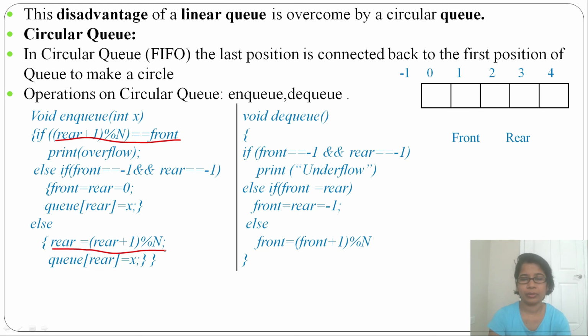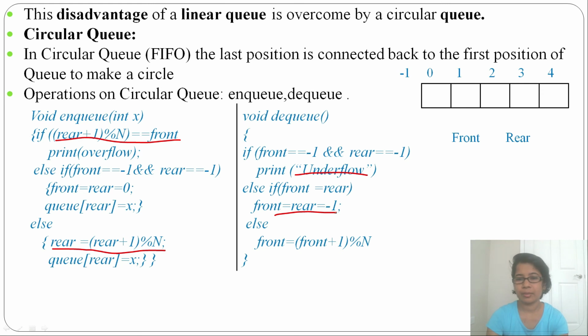So this is about NQ. If you have doubts, you will understand through the example. So next is DQ. For DQ, first condition, if front equal to minus 1 and rear equal to minus 1, then print underflow. This underflow condition is the same as previous. Okay, then else if front equal to rear, then front equal to rear equal to minus 1, meaning if there is just one element, delete it and make front and rear equal to minus 1, meaning make it empty.